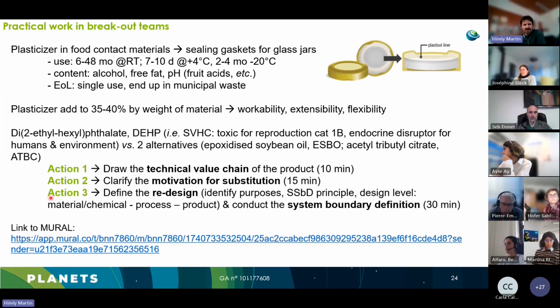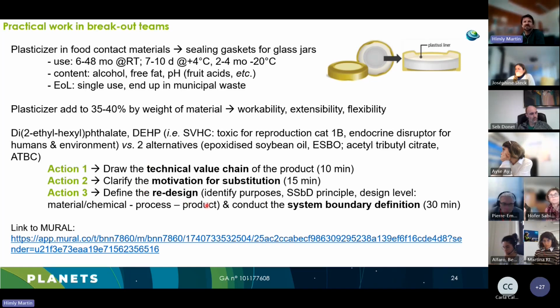Of course, first, Josephine is also going to give some introduction, what we exactly do and where we find which kind of material. And then after coming back to the plenum to report back a little bit by using information that we have deposited in the mural, we go into action 2, and then after some instructions again provided by Josephine on the basis of our Planet's internal SSbD workflow,